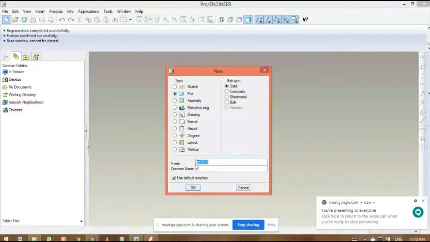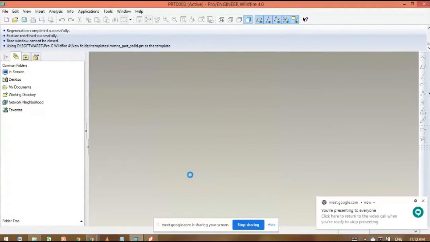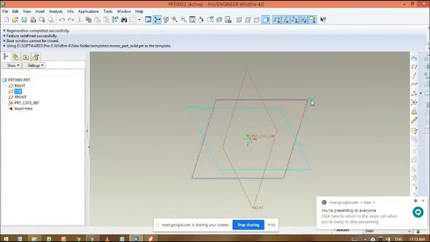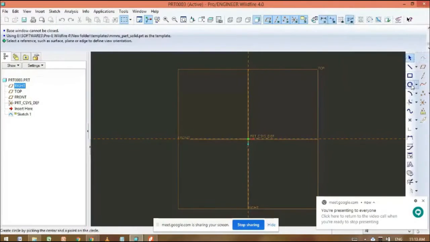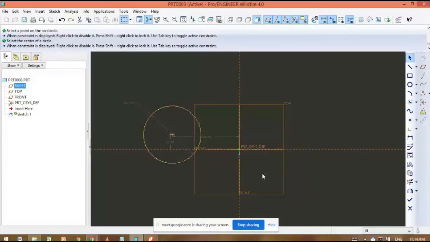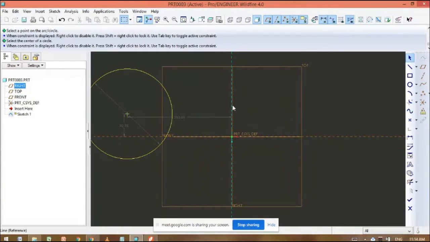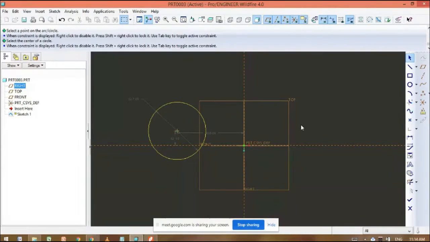If I want to revolve along another axis, click on the part, click on OK, and follow the same procedure. But if I want to change the axis, go to sketch. Suppose any drawing I want to draw here, a simple circle. Then I want to revolve along another axis. I don't want to revolve this by the default axis, so I want to use another axis.